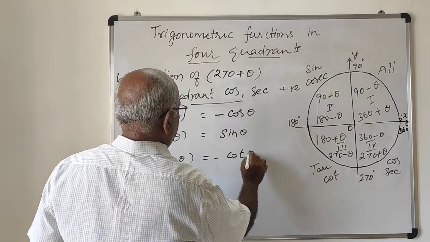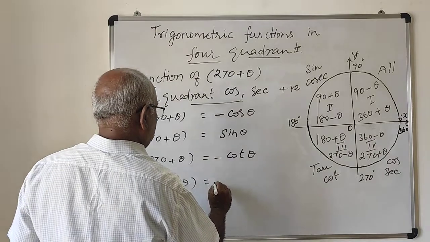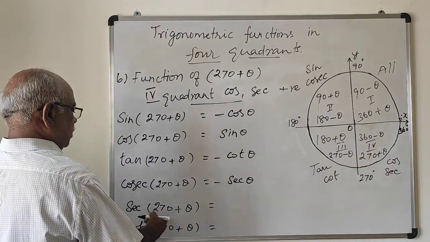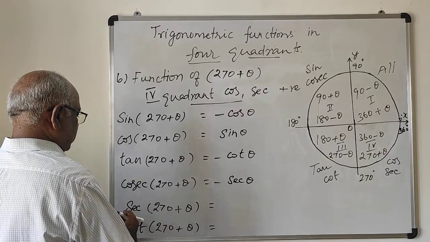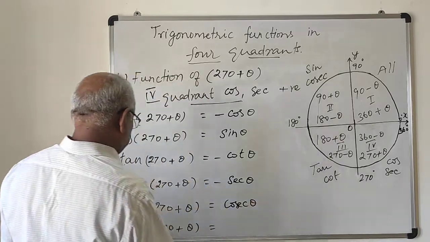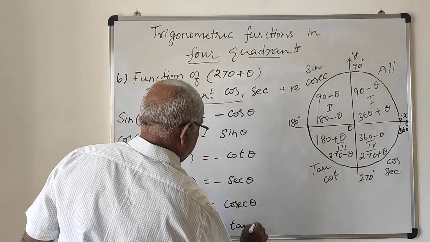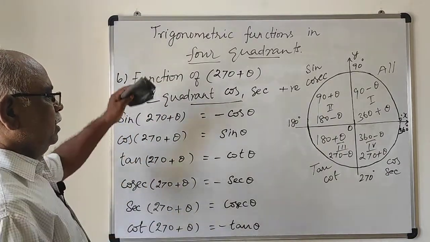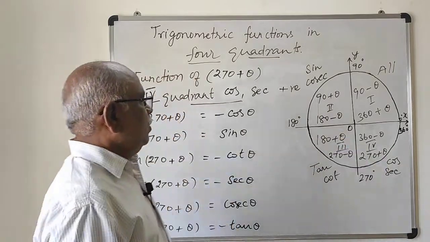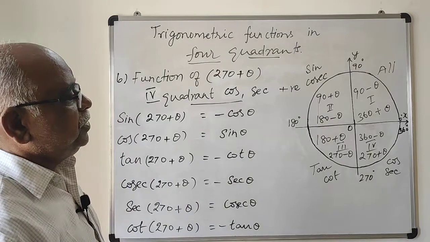changes its ratio, cot theta. Cosecant 270 plus theta: fourth quadrant cosecant negative, 270 changes its ratio, minus secant theta. Secant 270 plus theta: fourth quadrant secant positive, it changes the ratio to its complement, cosecant theta. Cot 270 plus theta is minus tan theta, since in the fourth quadrant cot is negative. Like that we have completed 270 plus. Finally, 360 minus, we will see what is 360 minus